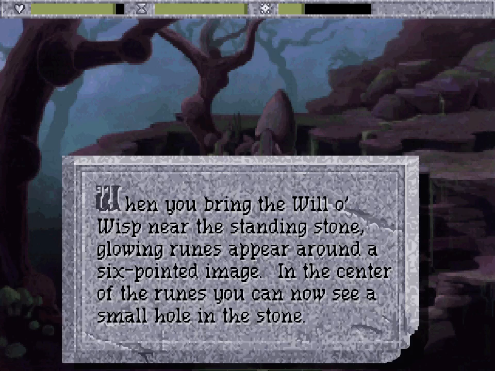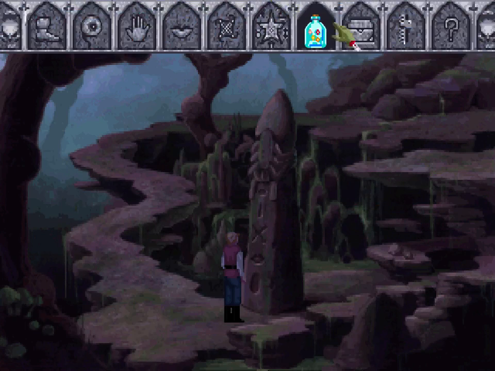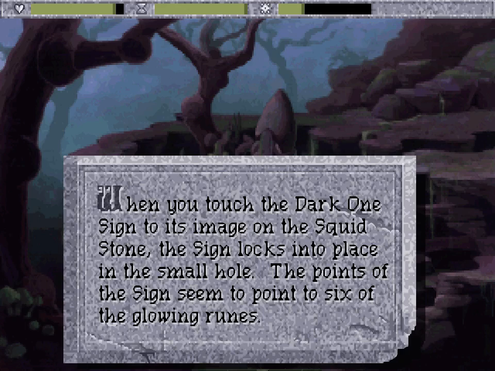go. When you bring the will-o'-wisp near the standing stone, glowing runes appear around a six-pointed image. In the center of the runes, you can now see a small hole in the stone. Alright, let's go ahead and use this. When you touch the Dark One sign to its image on the squid stone, the sign locks into place in the small hole. The points of the sign seem to point to 6 of the...